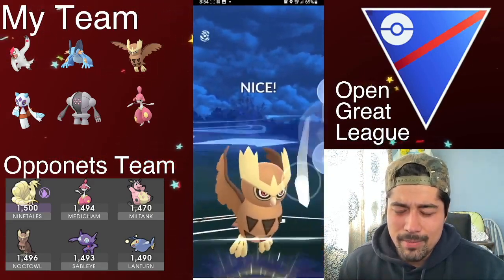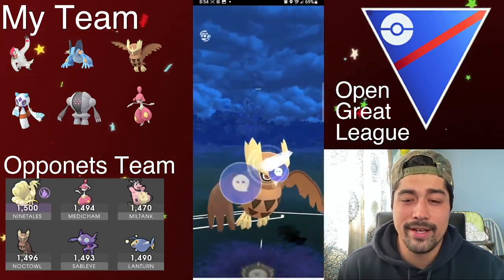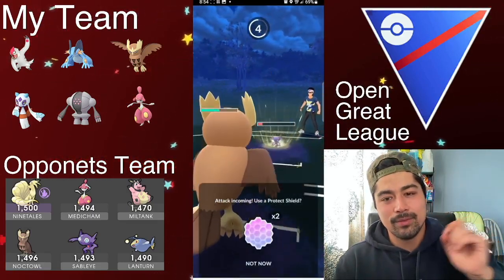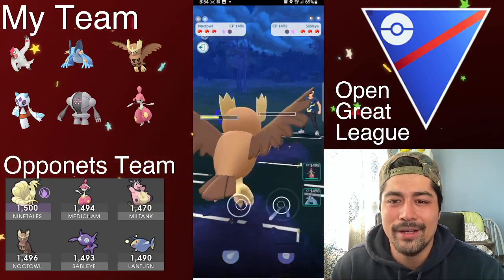And now I'm going to build up to the back-to-back Sky Attacks, see what my opponent wants to do. They shield that, which is quite nice, and one more Wing Attack, and we're at the Shadow Ball to do some maximum damage here. Look at how much damage that does. Some nice damage. Now I'm going to shield this up, probably going to be the return. Very nice shield on my end. Going to be able to